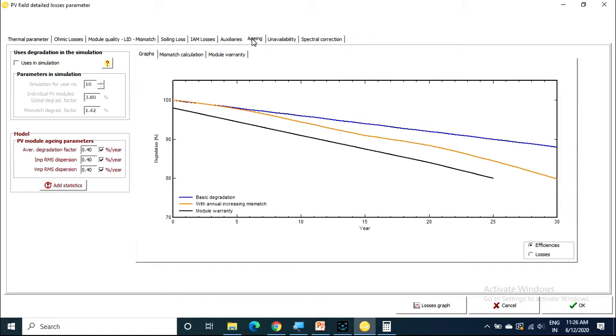After 25 years the module degrades up to 20%. That means if you are choosing a 100-watt panel, up to 25 years the degradation factor is very, very less. But after 25 years, a 100-watt panel will give only 80 watts. That is a 20% degradation factor. So that is the aging factor.